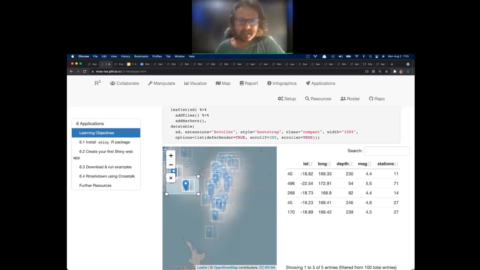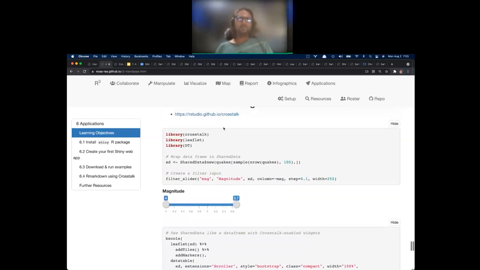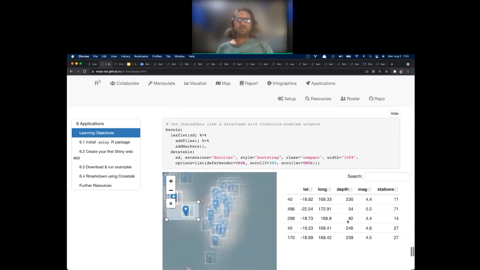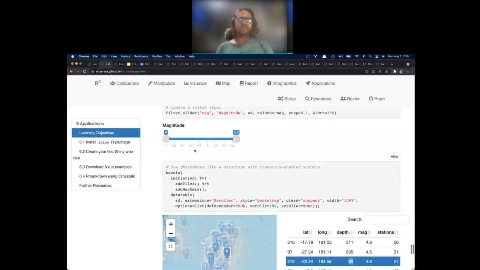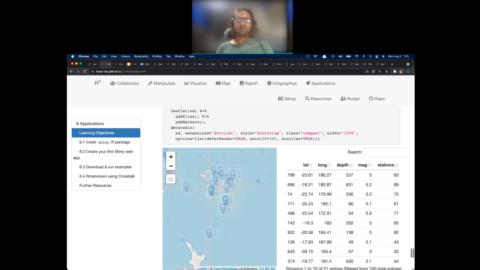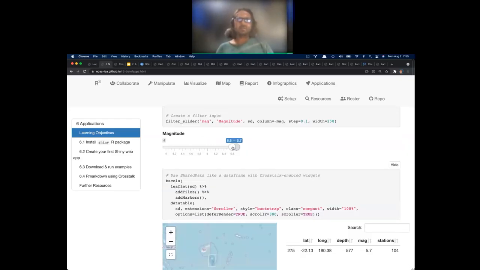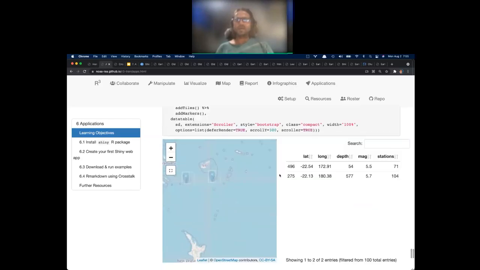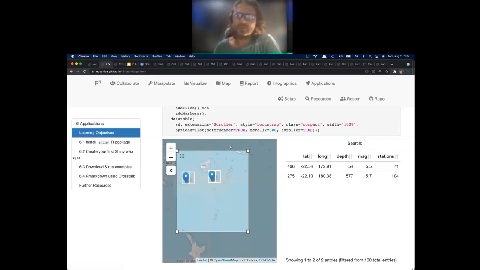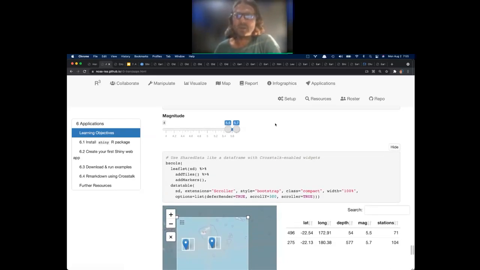This actually looks a little funny, but try this in its own standalone thing. And then this slider is actually connected to this crosstalk. So I can just filter for the biggest magnitude ones and see those here. I don't know what those white rectangles are, why those are there, but